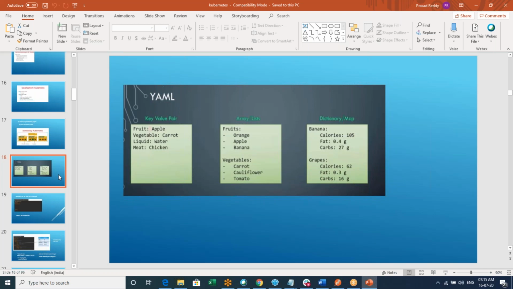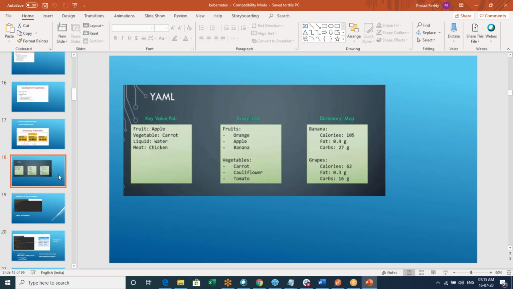So that covers key value pairs and dictionaries. Then we have the list. What is a list? A list will contain multiple values. When we came to fruits, we said only apple; that is just one value. In a key value pair, you will have only one value. Whereas in a list or array, we'll have multiple values.